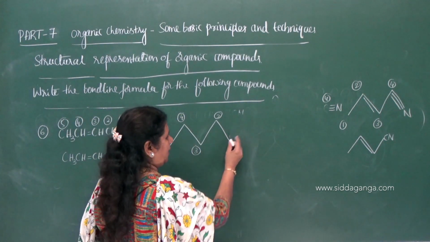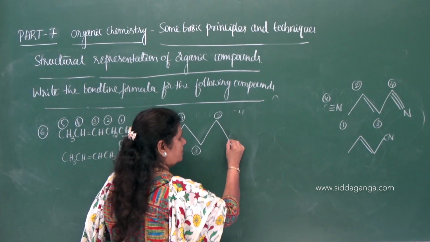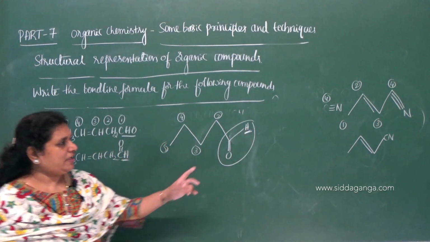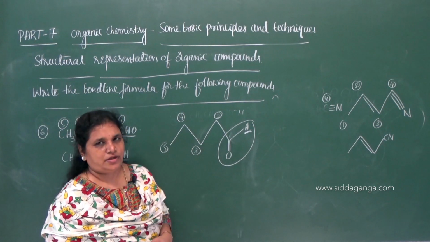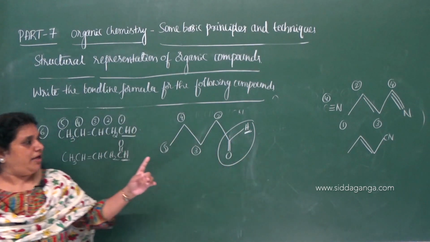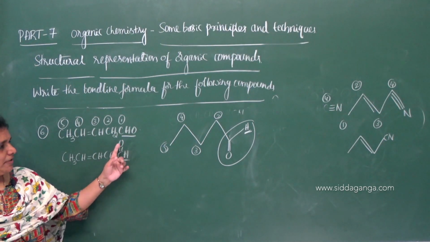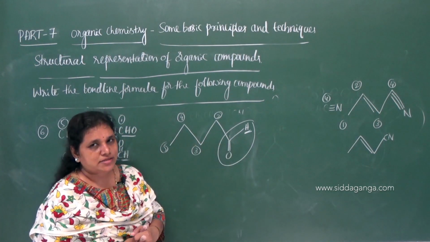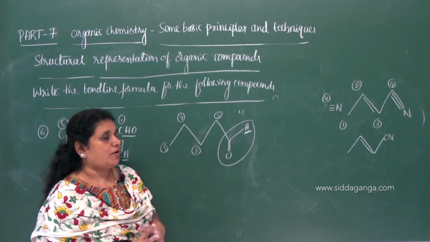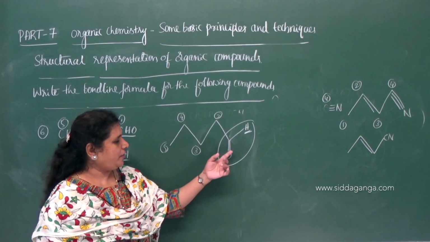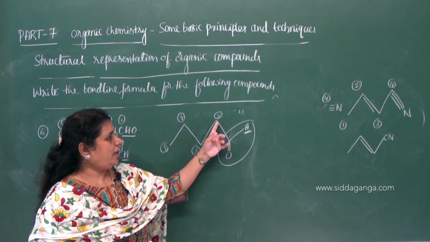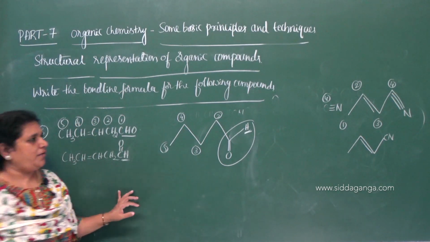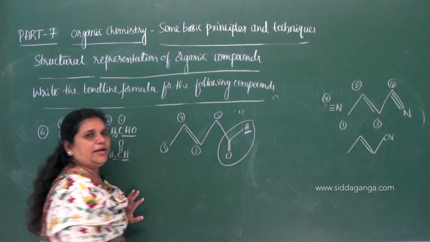So the first carbon contains a carbon to oxygen double bond and hydrogen. You must write hydrogen here. If you leave this terminal end, it indicates CH3. Therefore, you must write hydrogen if aldehyde is the functional group, C double bond OH. You cannot leave this terminal end as it is, because then it indicates a methyl group, and it will not be an aldehyde functional group. So you have to write C double bond OH. At the first carbon we have the aldehyde functional group. Between the third and fourth carbon we have a double bond. So here we have the double bond.